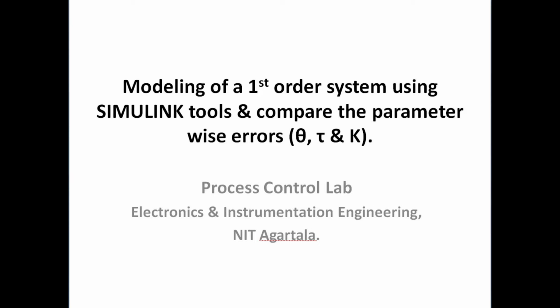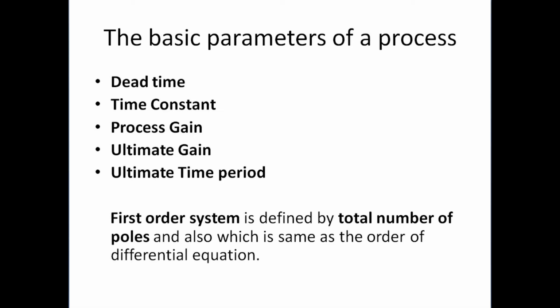Basically, a first order system is defined by the total number of poles, or we can also say the order of the differential equation. That means whatever transfer function we are having, the order of that system is denoted by the number of poles the process or the transfer function is having, and we can also say the order of that transfer function,